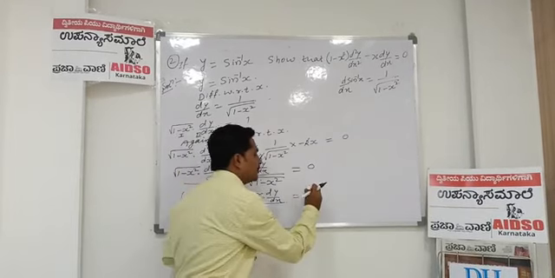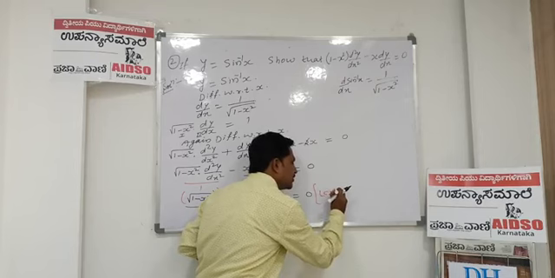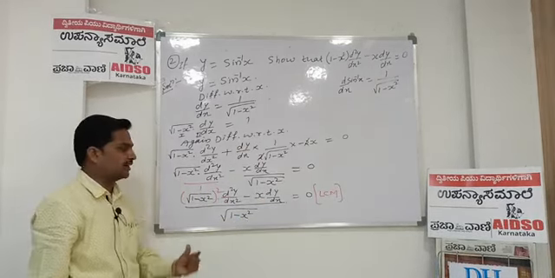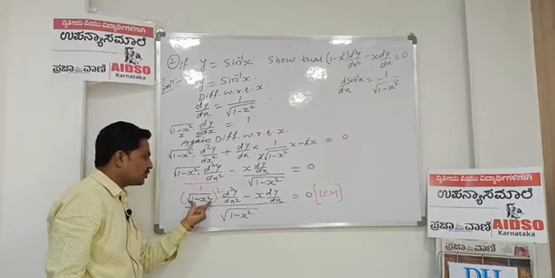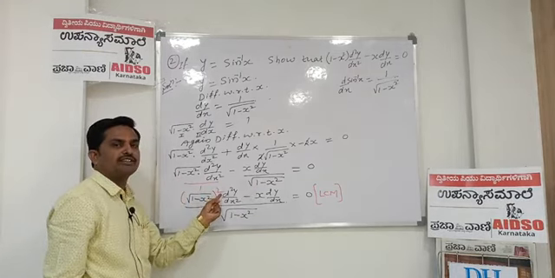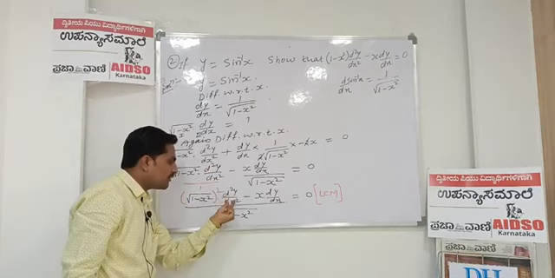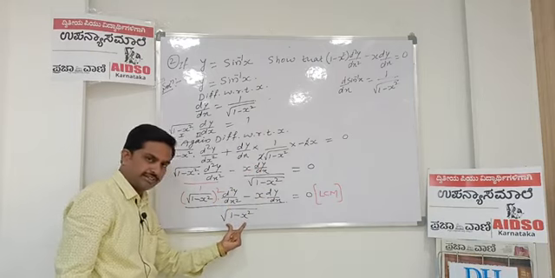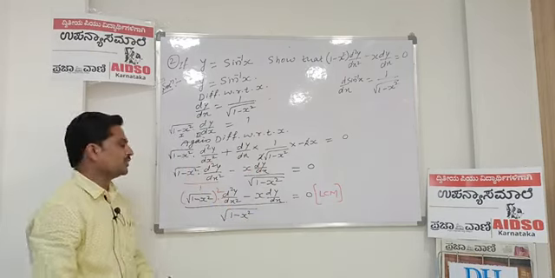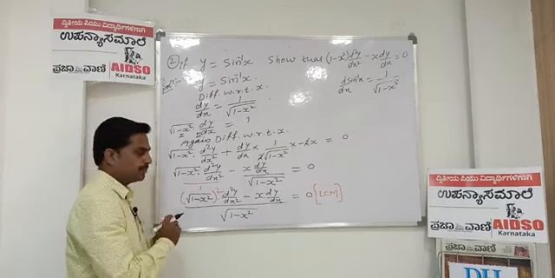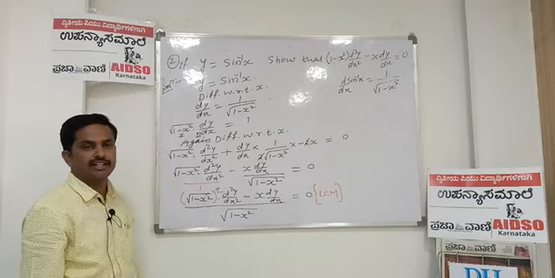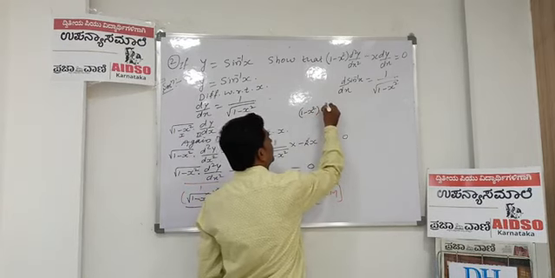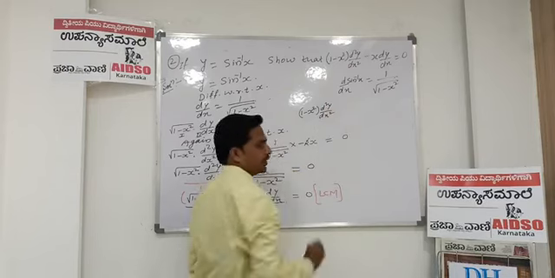So here in this step we have introduced the LCM. And what is the LCM we have taken? Square root of 1 minus x square. So square root of 1 minus x square into square root of 1 minus x square is square root of 1 minus x square whole square into d square y by dx square minus x dy by dx, whole divided by the LCM factor, is equal to 0. Then further, the square and root will get cancelled. Quite a simple step. Then it will be equal to 1 minus x square into d square y by dx square